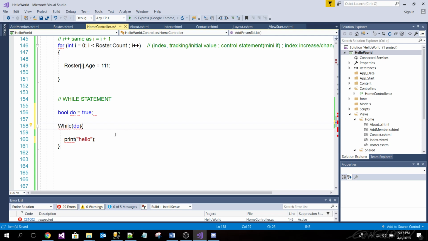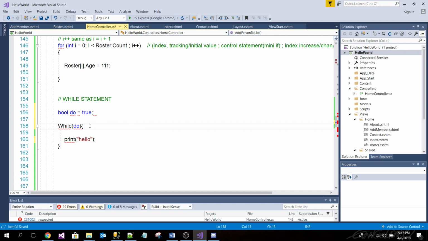So do me a favor, let's sound it out. Remember, this is just sounding it out like English, following the flow. Okay, Dave, do it like we did with the other loops. Sound it out. Tell me what happens. Well, do equals true.